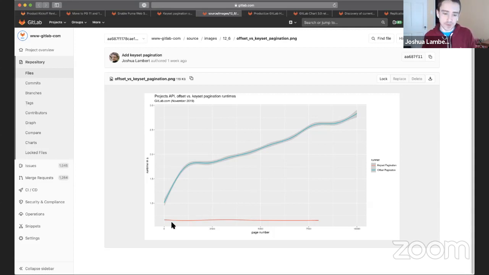So this will improve the performance for both the API clients, people who are trying to actually get data back out, they'll see faster results. And furthermore, we'll also have a decreased load in the GitLab server. So it's a win-win for everyone and really exciting.